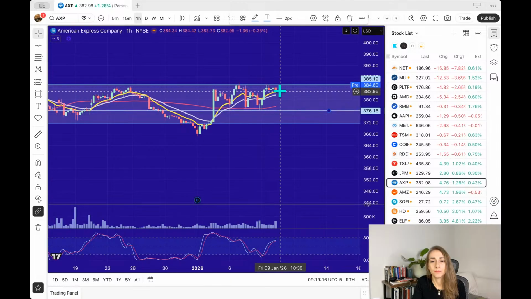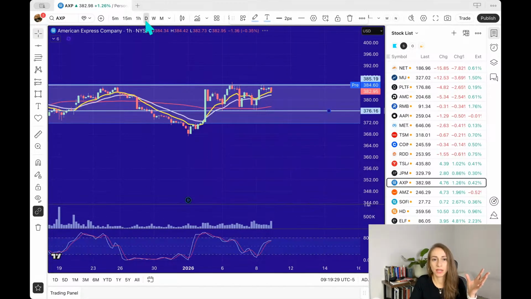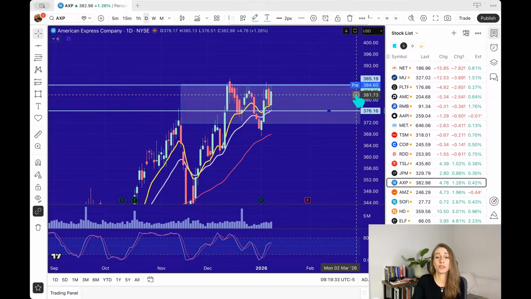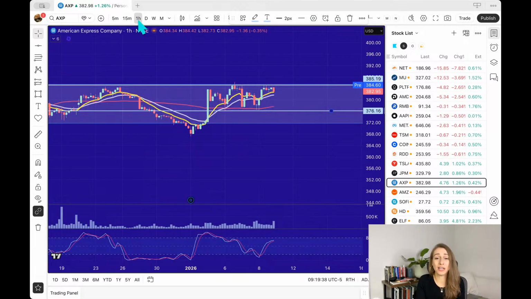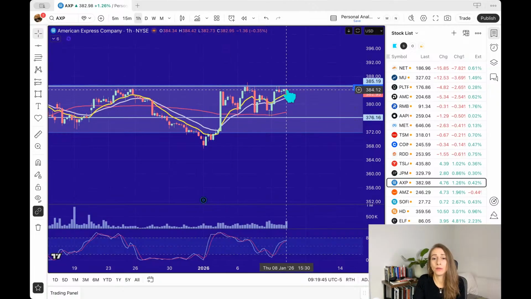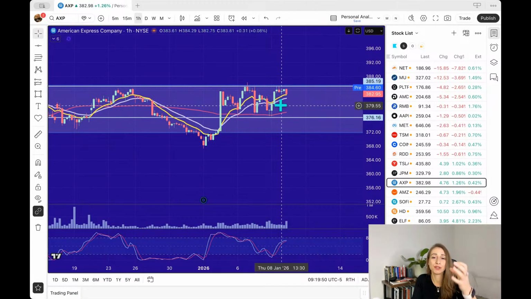So on the hourly, this is the thing. We're looking at things like ranges and boxes to know where we're going to enter on a move. Your first step is the top-down analysis. I'm on the daily chart, and we can all agree we are still in an uptrend. In general, the uptrend is strong, so you can not trade to the downside at all and just wait for a better setup for the uptrend.